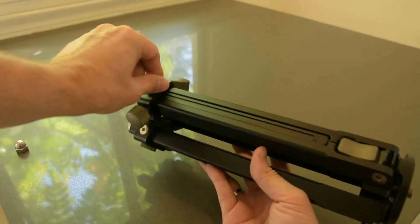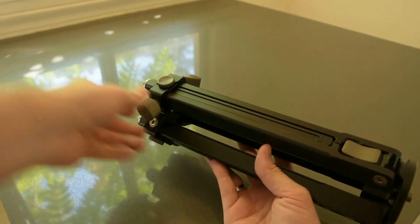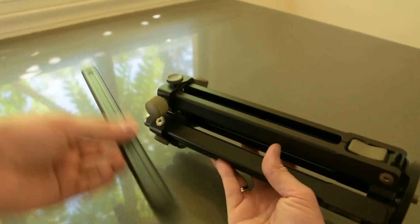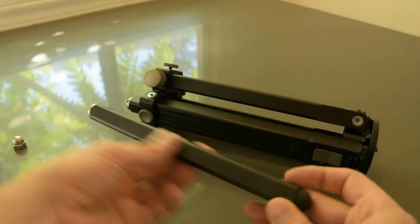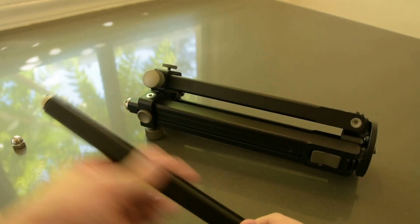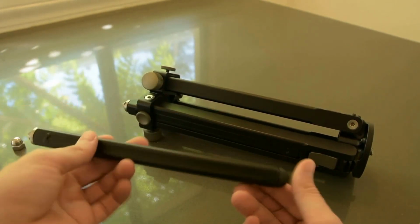So these little screws right here, if you unscrew them all the way, it allows the leg to be removed. So all you have to do is loosen that a little bit, loosen that, and the leg comes right out. So what's great about this leg is it's not solid, but it's fully enclosed, so it's one solid piece, and it has that little rail that catches that, but that's easy to